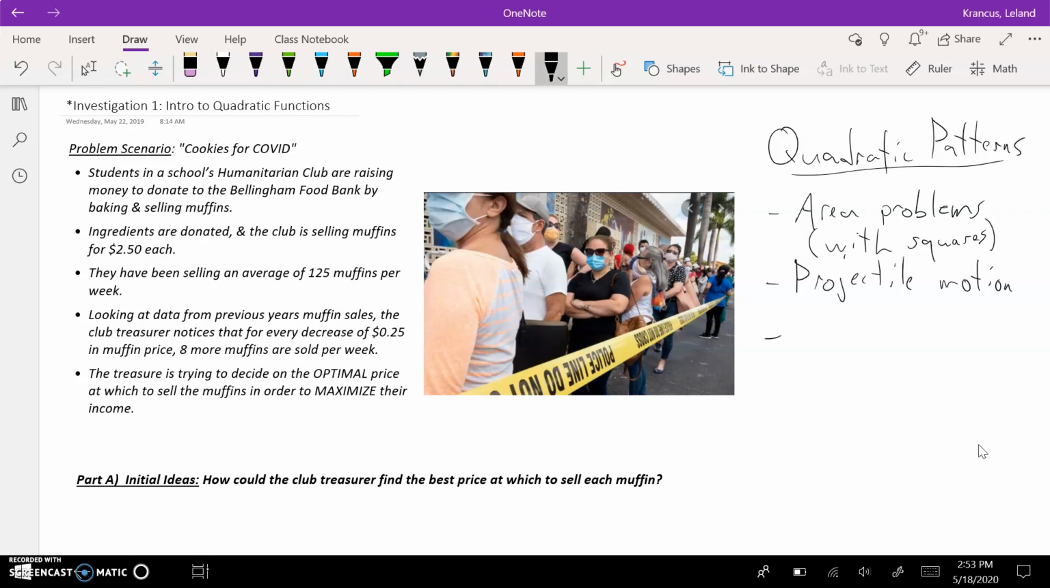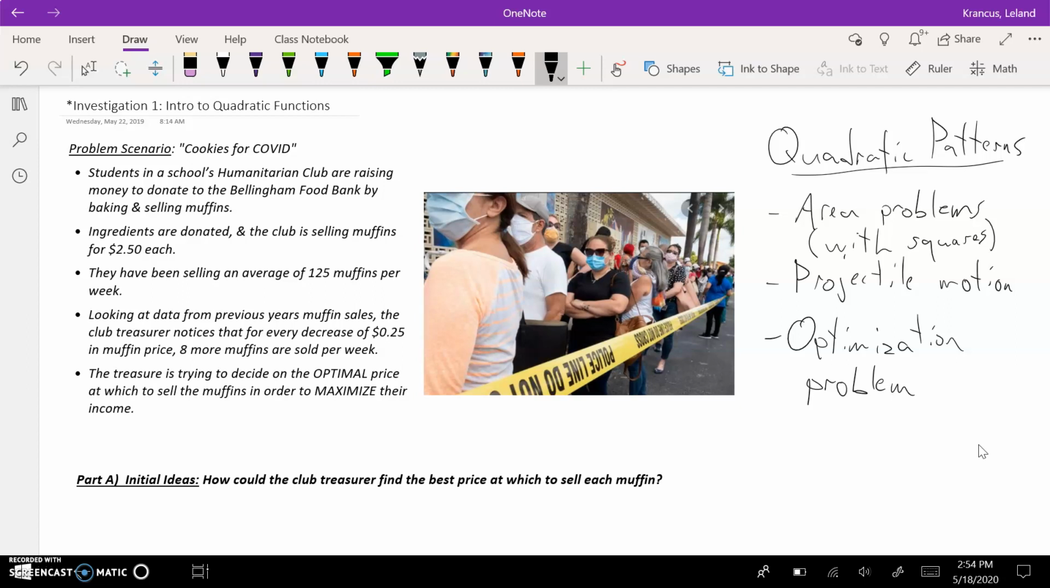And finally, and the one that we're going to look at today, this cookies for COVID hypothetical scenario, is what I call optimization problems. So optimization problems are where you're trying to find, in this case, the perfect price to charge for something to get the most possible revenue out of that thing. And so in the problem we're going to look at,